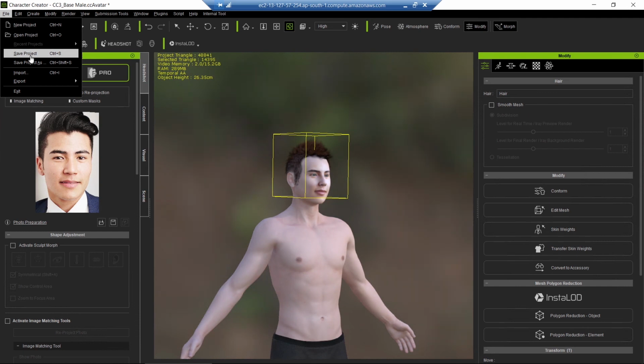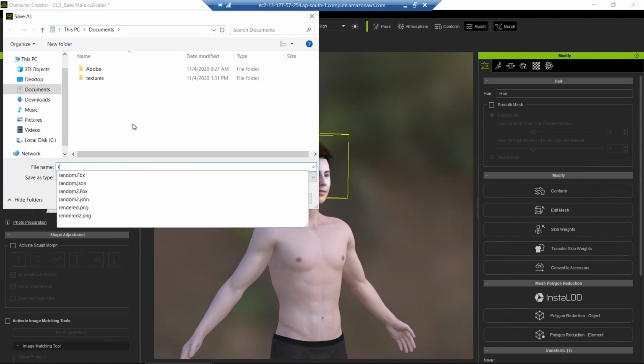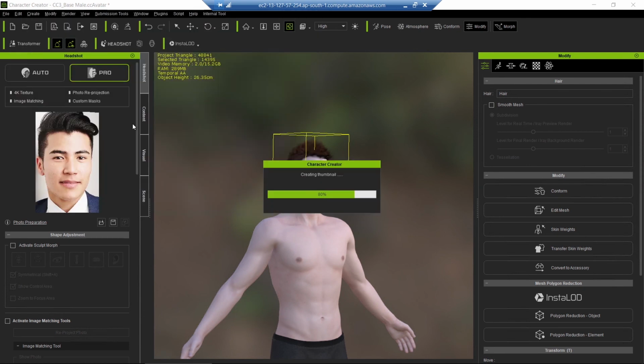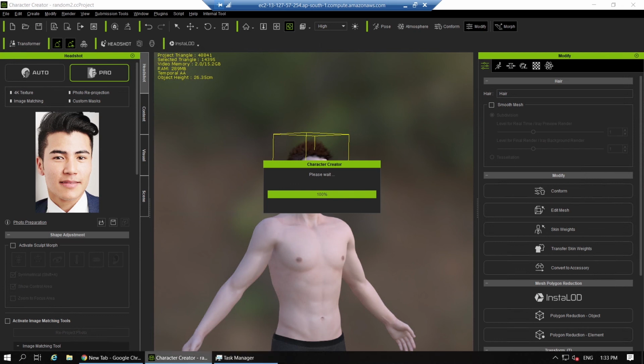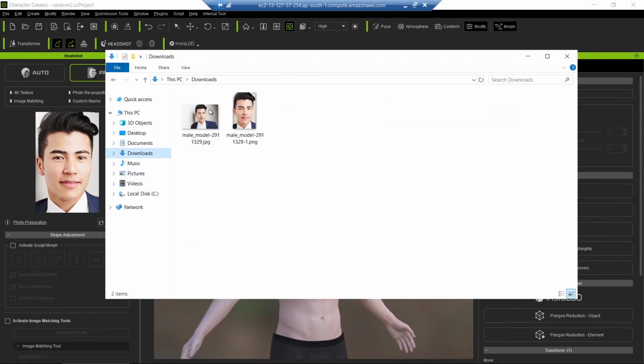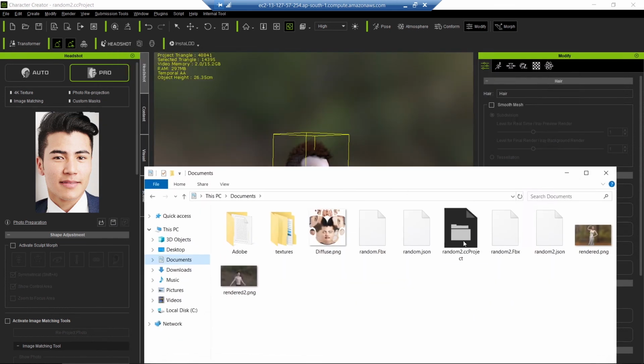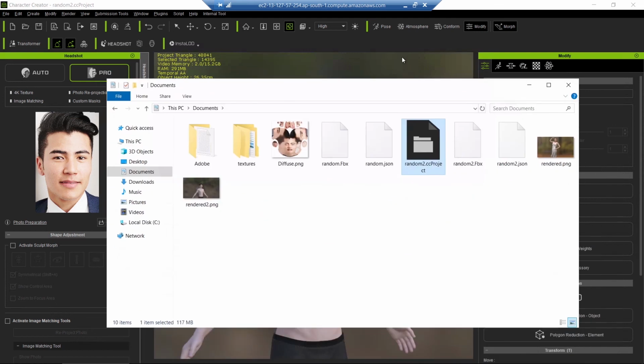So if we are saving the project, the base mesh, the random 2 that we have selected, random 2, okay, so we are saving the project as random 2. Now you have to upload this project to your drive so that you can access it again. If you are not uploading to your drive, then when you try to get it again, this is a file that has been created, random 2, a save file.